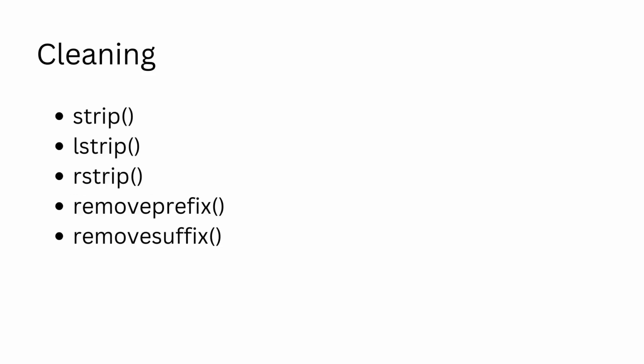Let us now have a look at the methods that are useful for data cleaning. If you're a data engineer or a data scientist, you will often find yourself using one of these methods. Data cleaning and pre-processing is one of, if not the, most important steps in data science. If you are working with natural language, you would be required to clean up the data, which often requires removal of special characters. These methods, along with the replace method, are of immense help in that area.